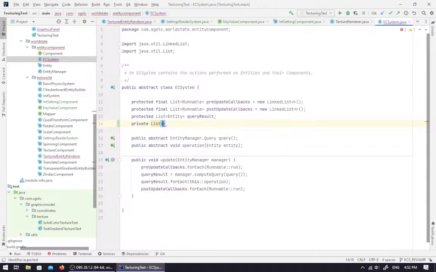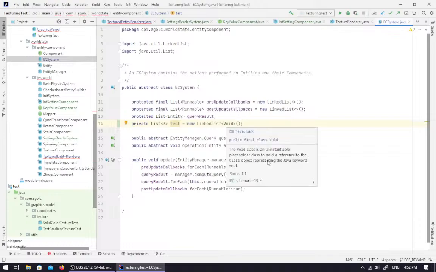A list of somethings. This equals new int list full of void. Can do that. And this name should be placeholder class. Reference class object representing the Java keyword void. Right, so